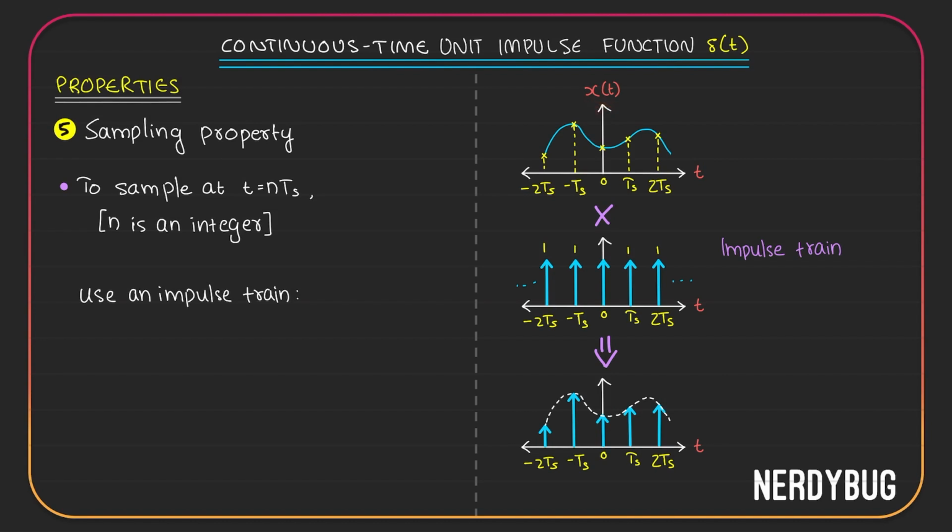Now, mathematically, how do you denote an impulse train? You can see this one at 0 can be called delta of t, and this one at ts is the impulse function shifted ts towards the right. So you can call it delta of t minus ts. The next one similarly can be called delta of t minus 2ts. So it goes on like that. On the other side, the one at minus ts can be denoted as delta of t plus ts. The next one will be delta of t plus 2ts, and it can go on like that. This is how you mathematically denote an impulse train.